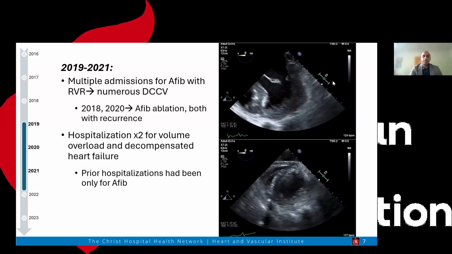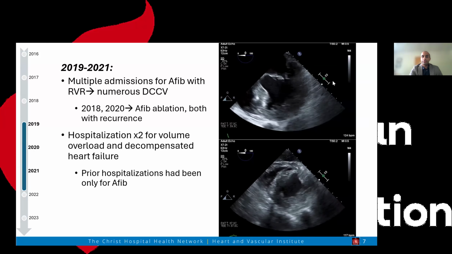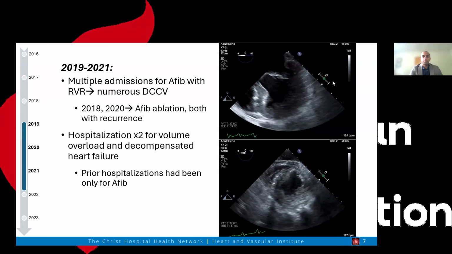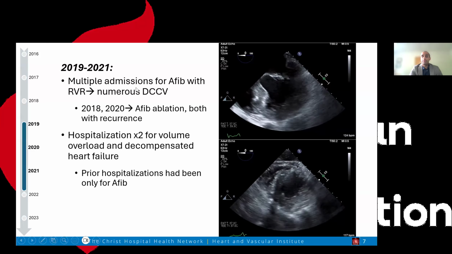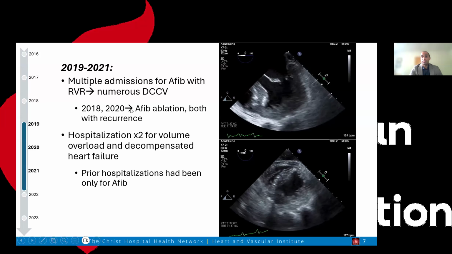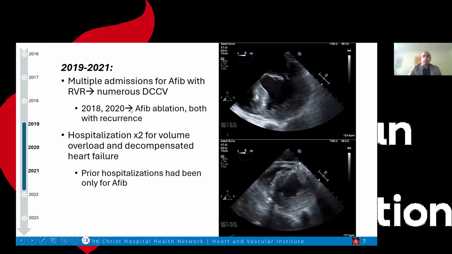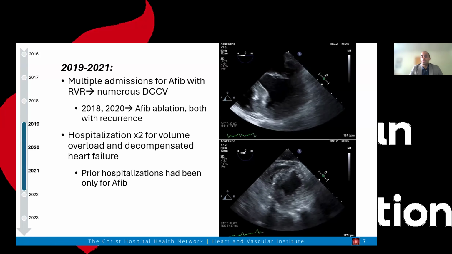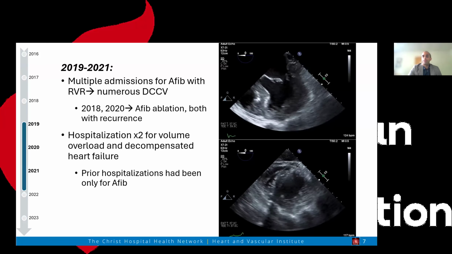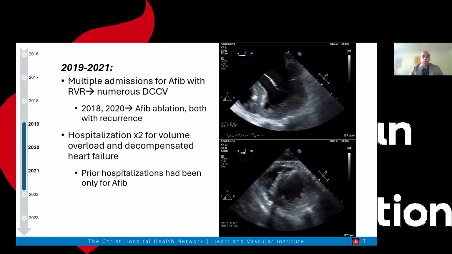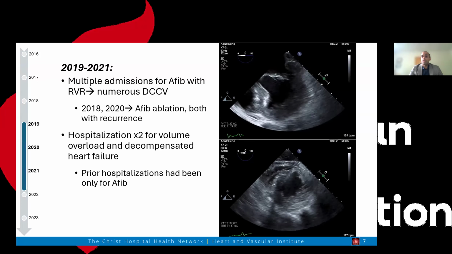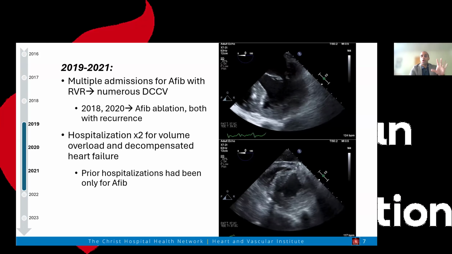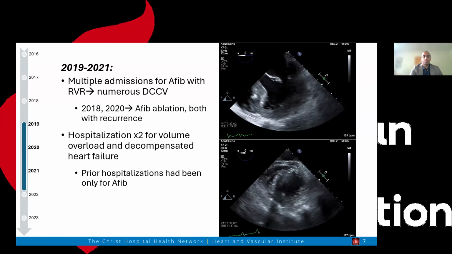So in addition to that, unfortunately, she continued to worsen over the next several years. She ended up having numerous more admissions for AFib with RVR, multiple cardioversions, and 2 more ablations as well. And then finally, around 2020, her heart failure hospitalizations began. She was no longer coming in for AFib. She was coming in for fluid overload and requiring significant IV diuresis at that point. Again, all up where she lived.